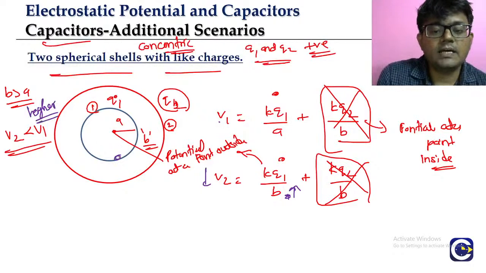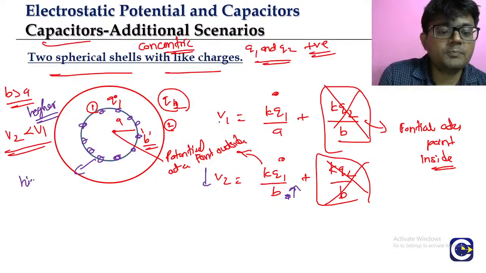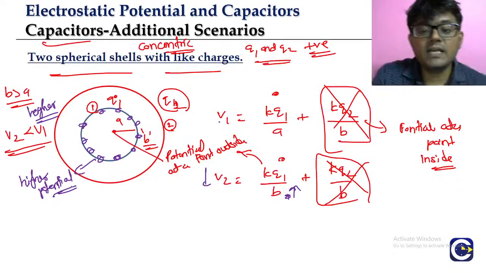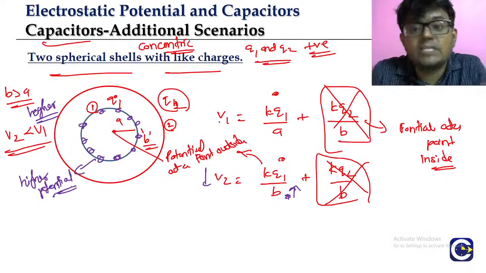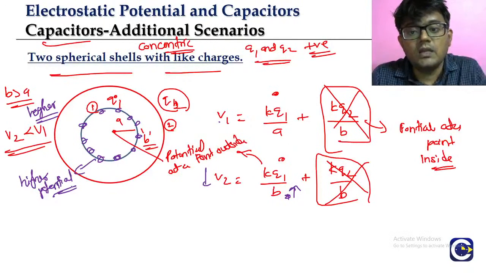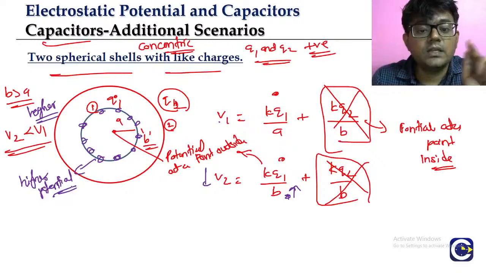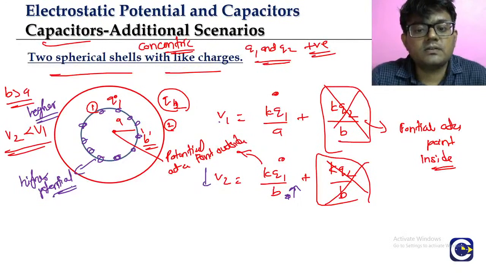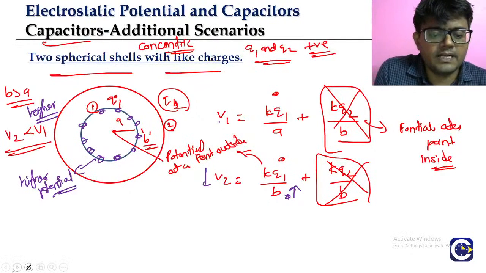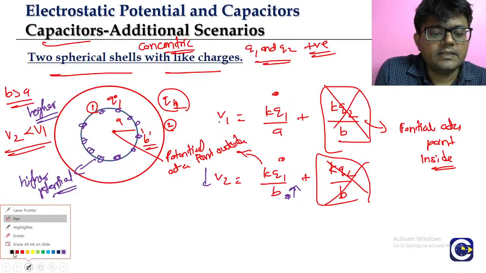Idana theriyuma, the inner shell will be at a higher potential. And carefully paranga, we have not given any value to the charge, நம்ம அந்த values கொடுக்கல. Whatever may be the charge values, whenever the resultant potential on the inner shell is higher than the potential on the outer shell, அப்ப என்ன தெரியுமா? Just simply யோசிச்சு பாருங்க, if you are connecting the inner and outer